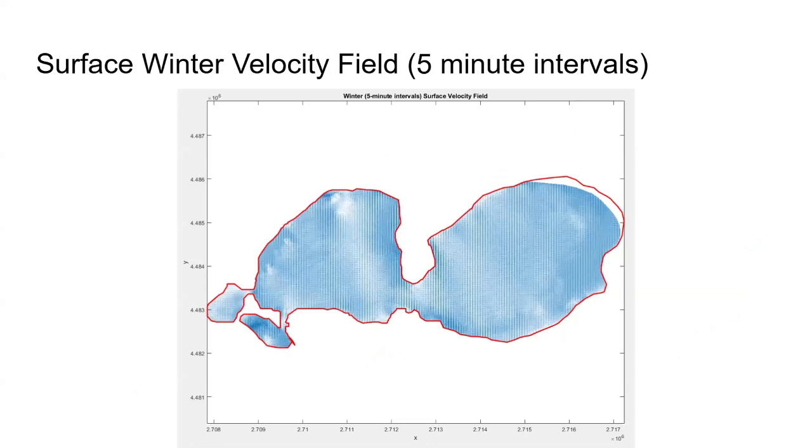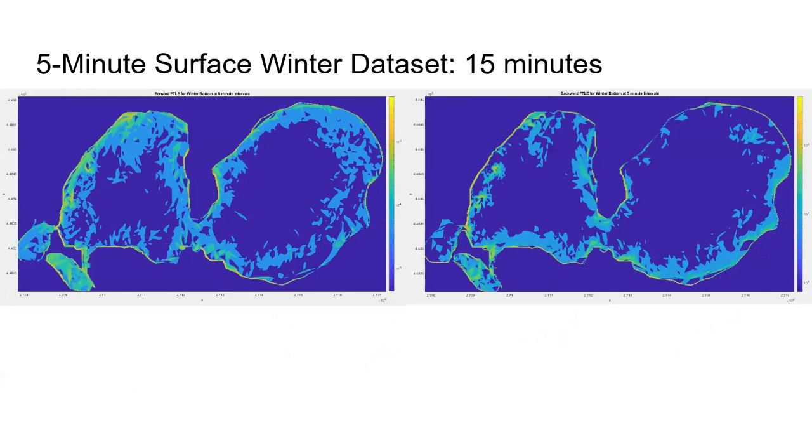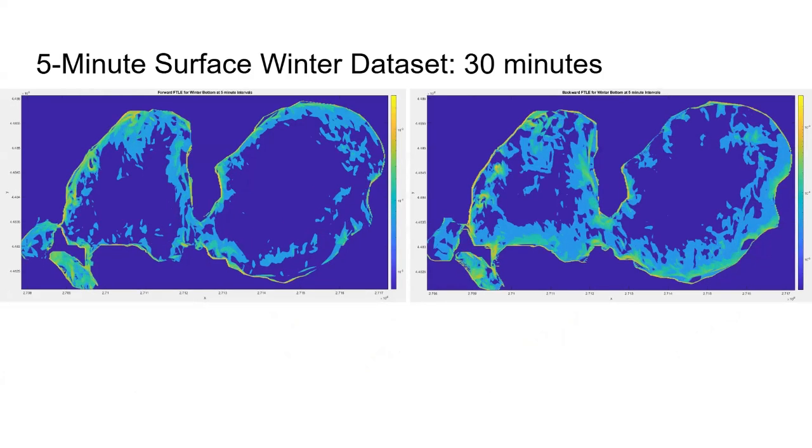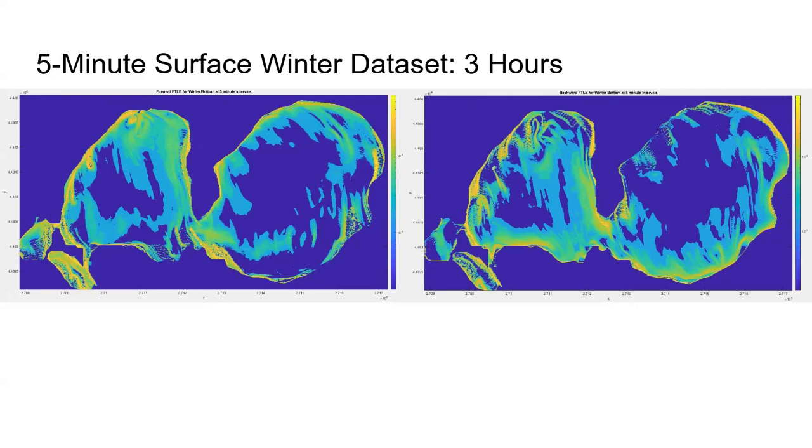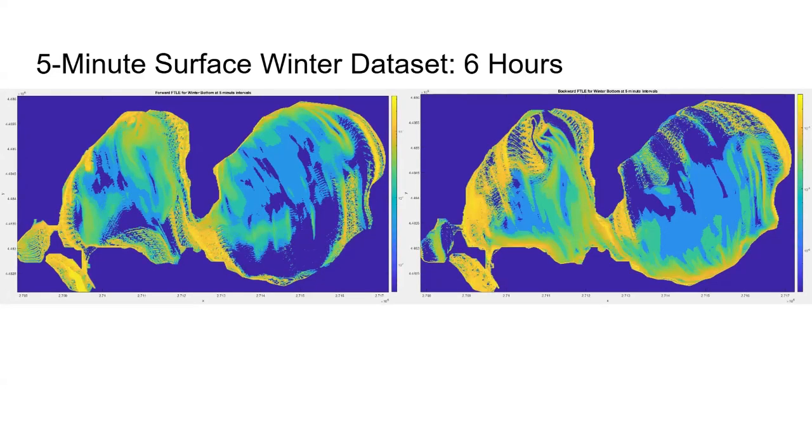Now moving on to the surface winter velocity field. This is a different z-axis. Again, just 15 minutes. A lot more activity than the bottom of the basins. Again, 30 minutes, 1 hour, 3 hours, 6 hours. Again, we chose to discontinue after 6 hours since the next time step was 12 hours and it was